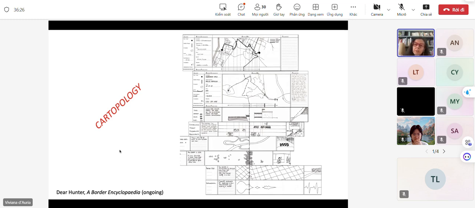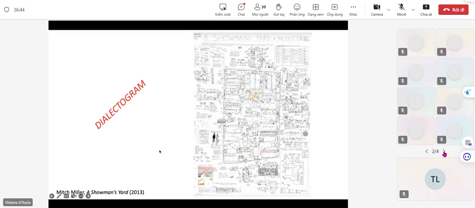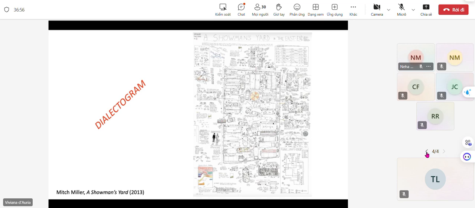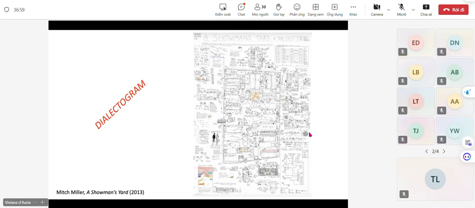I know some of you are working on this front, and there are other examples, but again, this whole idea that the output can actually be something that really works on this integration in an interesting way, and this is an example. Another example is the dialectogram by Mitch Miller, who goes on site and combines cartography, architectural sketching, and interviews, and they're all in one product. So the interviews are actually embedded within the sketch that he makes on site each time that he visits a particular area. And he keeps on building on the same drawing over and over again, layering it to the point that it almost becomes unreadable, but actually has different degrees of legibility.